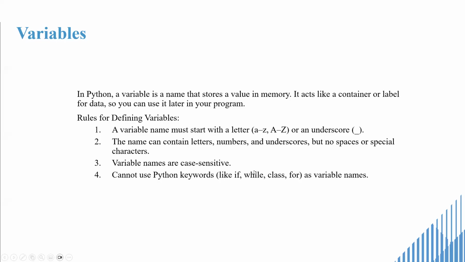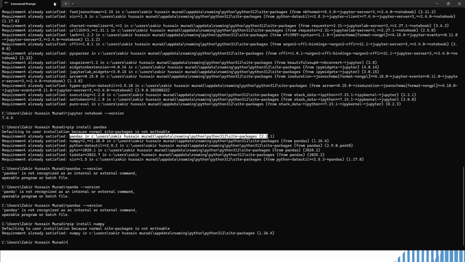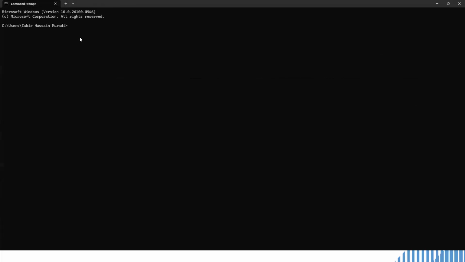So let's see it in practice. If I say x is equal to 5 or 3, all in small letters, and I call it, it gives me 3 because it is fine. Or if I say x_Zakir is equal to 3, because I used an underscore, which is allowed, it works.